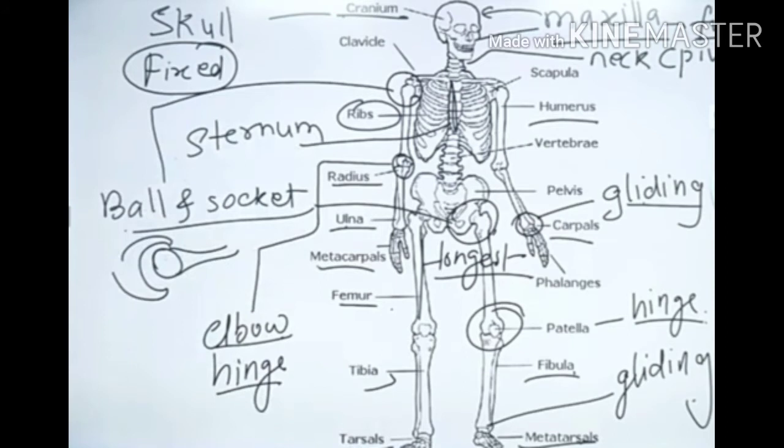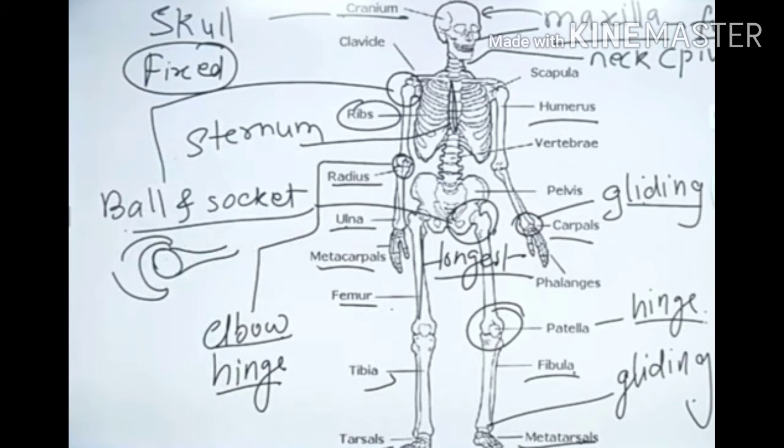Again, have a view on the complete joints and bones. Starting from the left side, on the topmost, it is cranium. Cranium, we can say the skull, has immovable bones or joints. It is fixed, means it is an immovable joint, a fixed bone. After this, it's the clavicle, or ball and socket joint is present here, means the shoulder bone. After this, it's the rib cage we have studied, which protects our heart and lungs. Between the ribs, the backbone is present, which is called sternum.